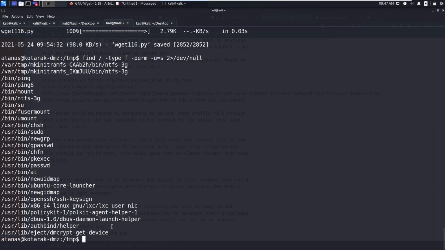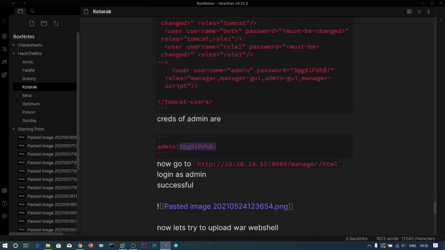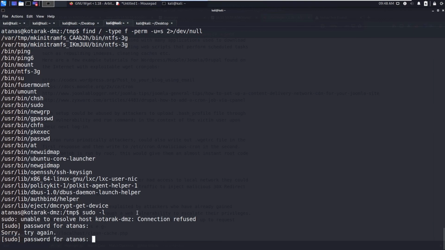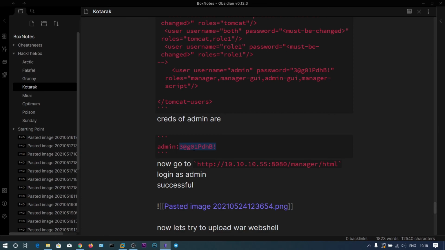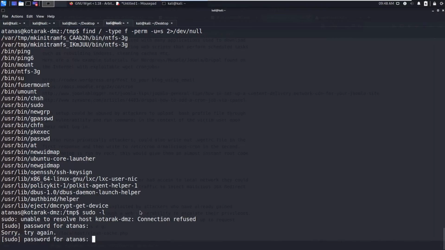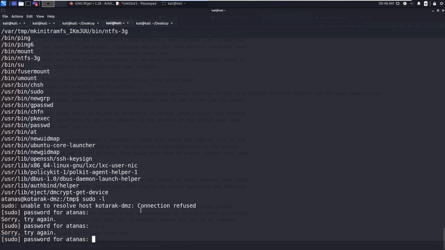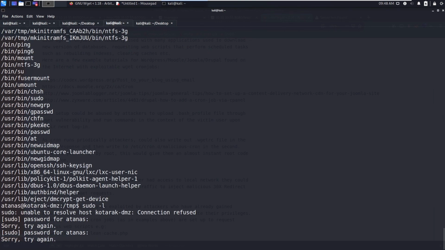So let's say sudo -l. So I think we could run the authbind. So I have run it successfully.